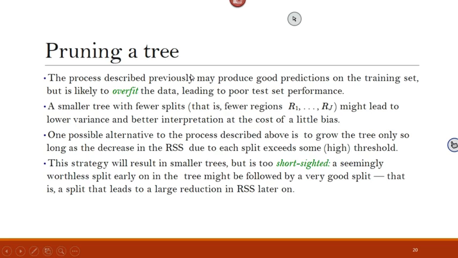So, going back to how do we select a tree size that is just right? One possible answer is to build a very large tree. Just keep going with it, and once you have this large tree, you can trim it. That's the concept in this slide: pruning a tree. That's trimming the tree. The trimming of the tree is from the leaf nodes going back.